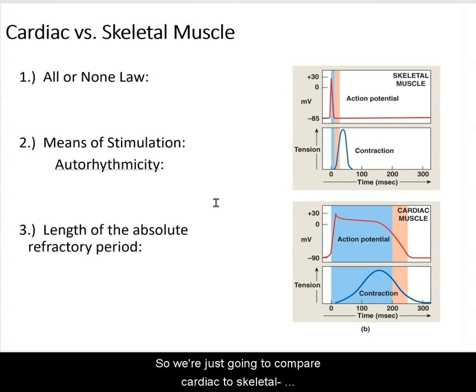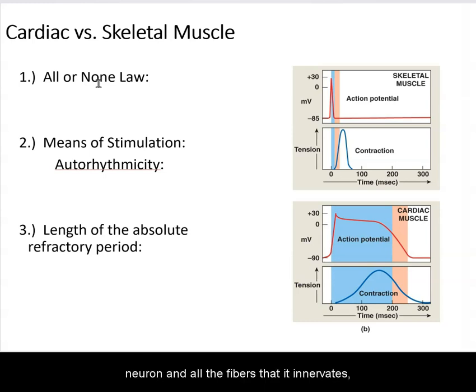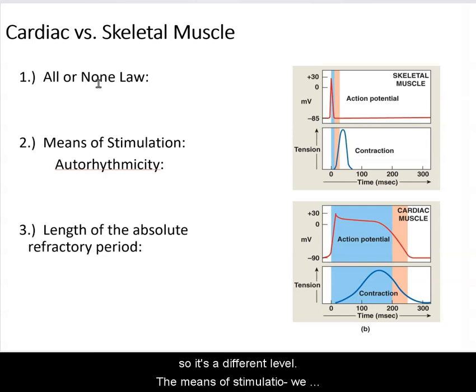So we're just going to compare cardiac to skeletal. There's a couple differences. I kind of touched on them. So number 1, the all or none law. Remember, in cardiac muscle, it's at the organ level. The atria contract and relax as a unit, and so do the ventricles. When we're looking at skeletal muscle, it was at the motor unit level. Remember, the motor unit was one motor neuron and all the fibers that it innervates. So it's a different level. The means of stimulation, we have